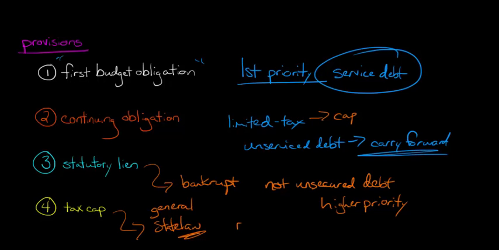And so that's going to increase the risk, because even if you have, quote, unlimited tax obligation, there's this tax cap by state law. So if there's some kind of issue, even though the municipality might technically have the unlimited ability to tax its citizens to raise money, if there's that state law that they're bound to respect, that they can only raise the property tax so much, then that's going to increase risk for the investors, because they might have a hard time getting their debt